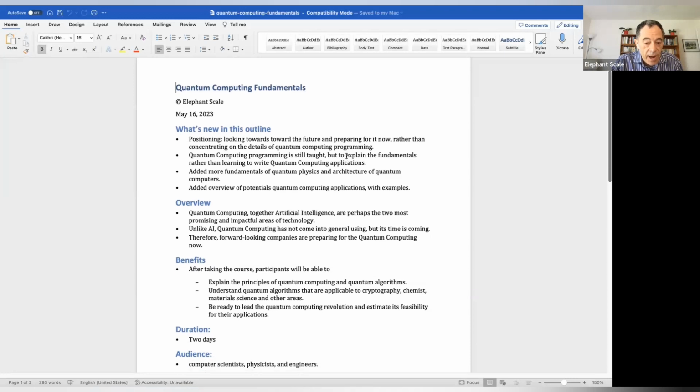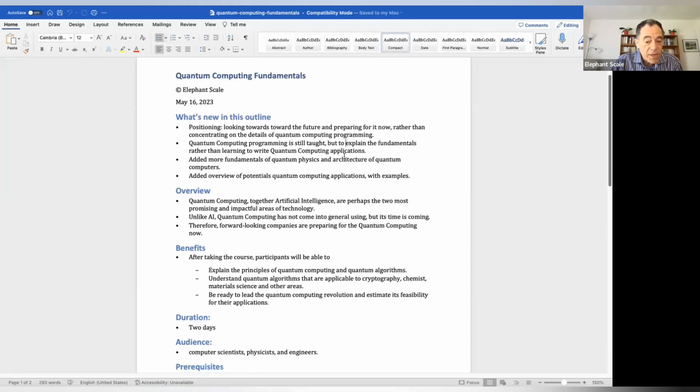Then I will teach more of the fundamentals. I'll talk more about quantum physics. What exactly is that discipline that allows you to do these miraculous computations? So is that more important than AI? I think maybe yes, but definitely not in the people's minds. So we are just preparing for the future, and they are in the future.